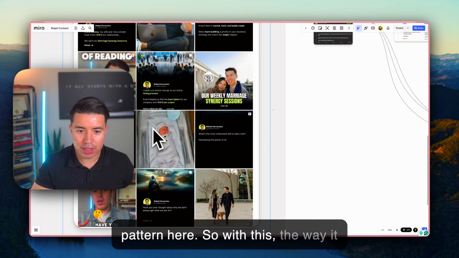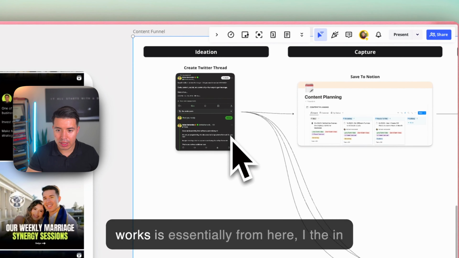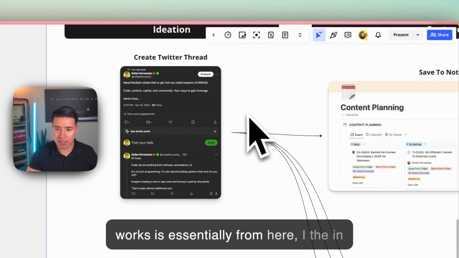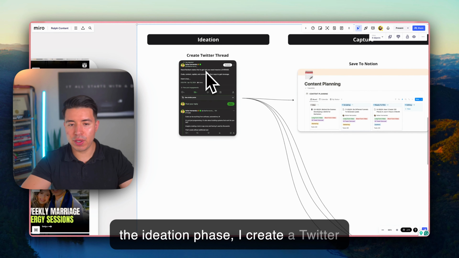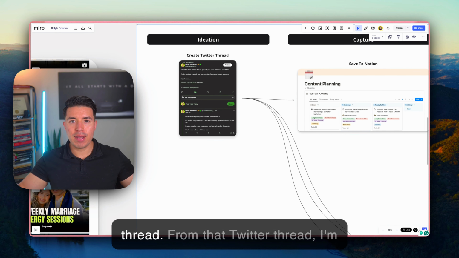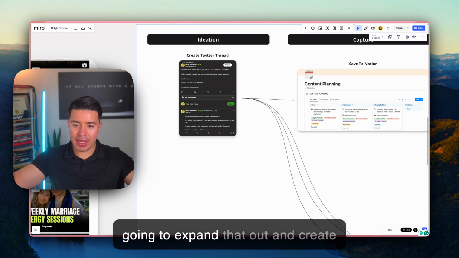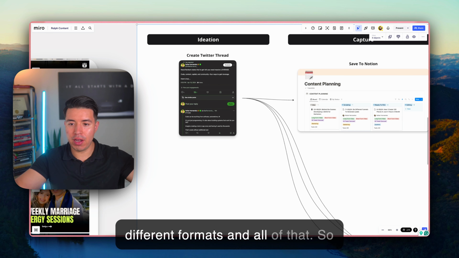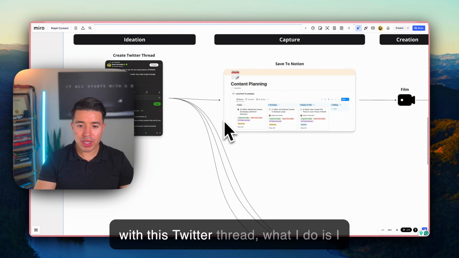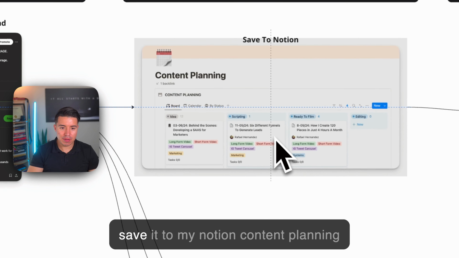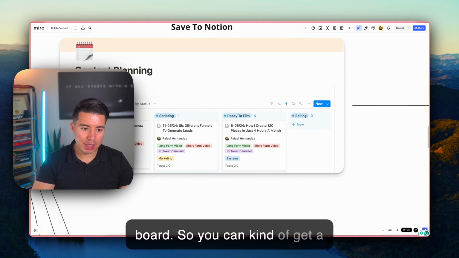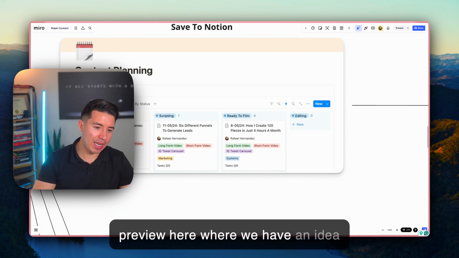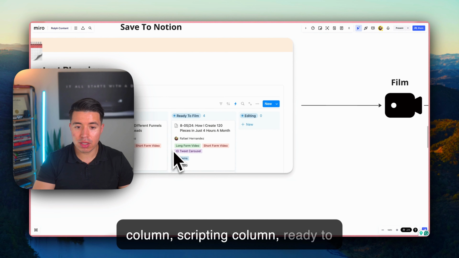So the way it works is essentially, in the ideation phase, I create a Twitter thread. From that Twitter thread, I'm going to expand that out and create different formats. So with this Twitter thread, I save it to my Notion content planning board. You can get a preview here where we have an idea column, scripting column, ready to film